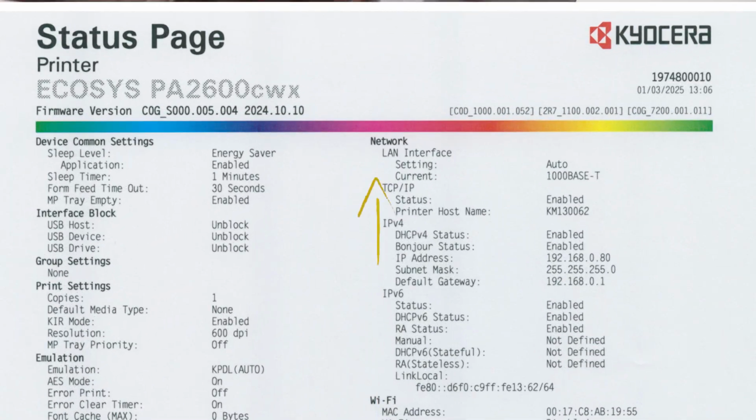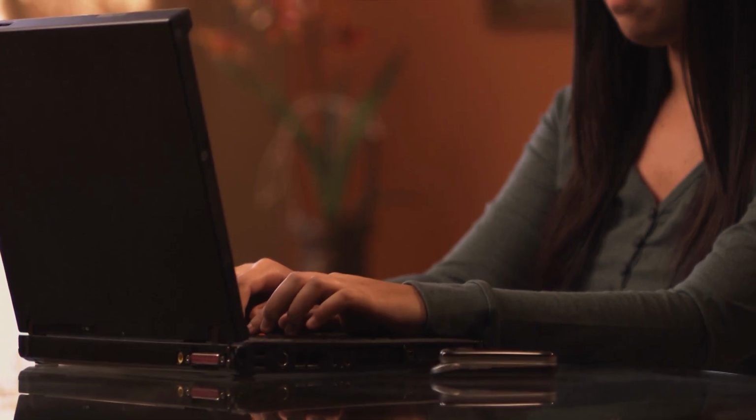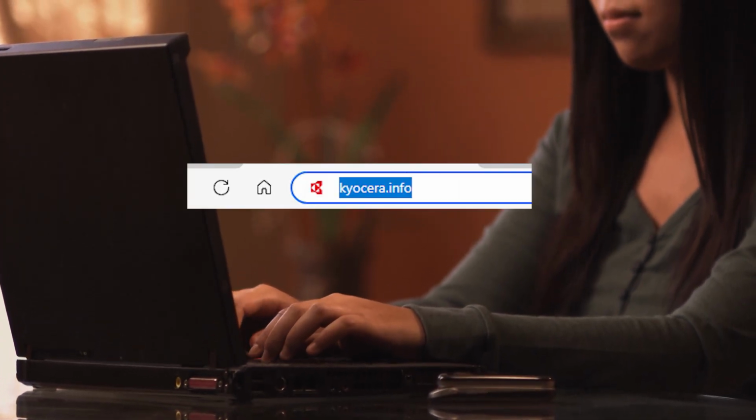On the second page, we will find Network, and down the page, the IP address will be listed. Write down the IP address. We'll need it later. To set up this printer on a Mac computer, go to the Mac and type in